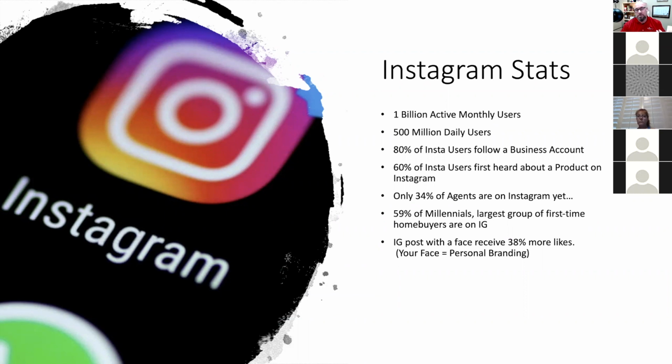Instagram posts, this is a crazy statistic. Instagram posts with your face or a face in the photo get 38% more likes. So you guys, it's standard for our industry to have your face up in your marketing, right? We all have the headshots for our business cards and for our marketing material. And so Instagram is a great fit in that respect. You guys understand as real estate agents, first impressions are everything. And Instagram is a very visual platform. And so having great photography with you in there from time to time is going to help you grow your